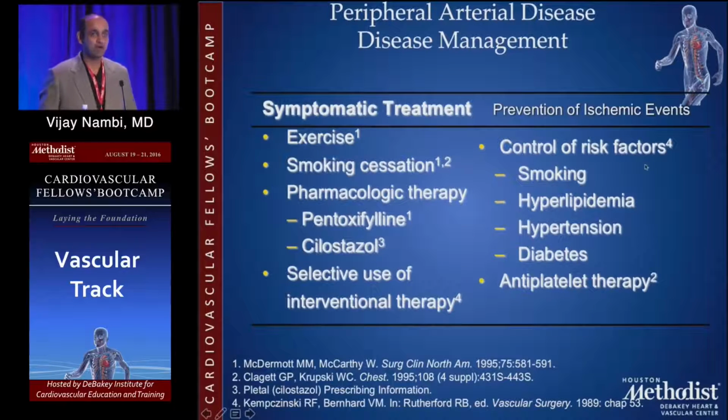If you look at what options you have available for limb outcomes, exercise becomes a cornerstone. We'll talk about what a regular exercise program should look like and the pros and cons of that. Smoking cessation is front and center here too. And finally, there are some pharmacological therapies available to help your claudication. We'll talk about what things to look out for when you prescribe those.